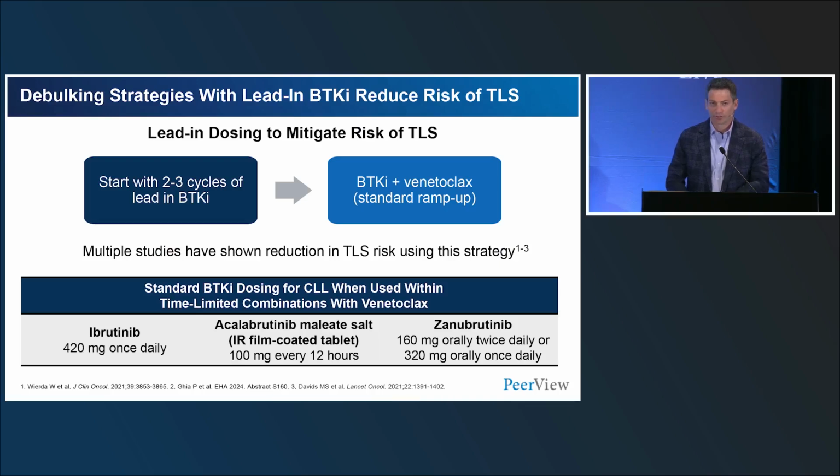Just to give you a general sense of how these regimens work, John mentioned this already, the regimens generally start with a BTK inhibitor monotherapy lead-in of 2 to 3 cycles. This helps to reduce the risk of tumor lysis syndrome, and then begins the combination with the venetoclax given at a standard ramp-up. By using this approach, multiple studies have now shown a reduction in tumor lysis syndrome risk. You can see the standard dosing for the BTK inhibitors at the bottom there. When used in combination with venetoclax, we don't need to reduce the dose, so we basically are giving the BTK inhibitor at the usual full dose, and then we ramp up to venetoclax at the full dose for the duration